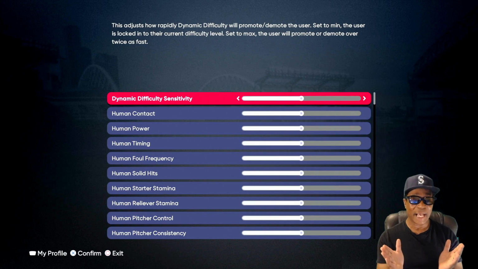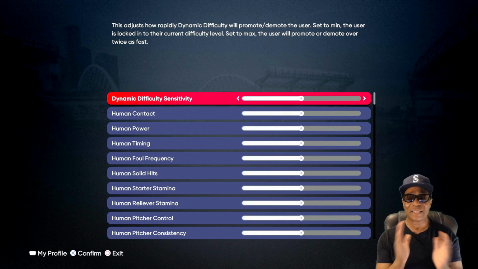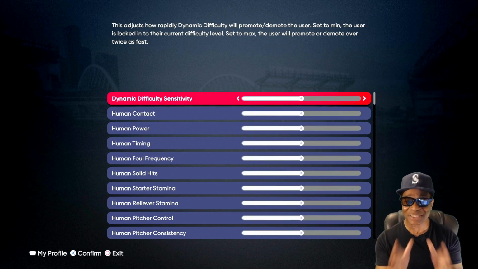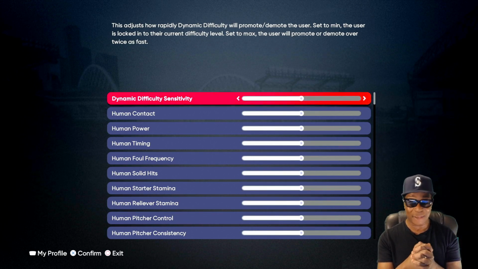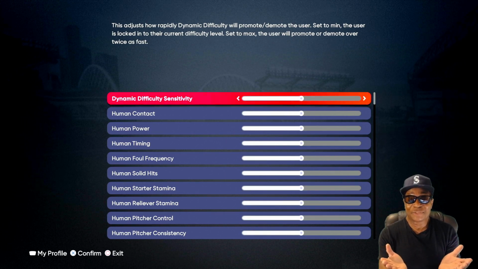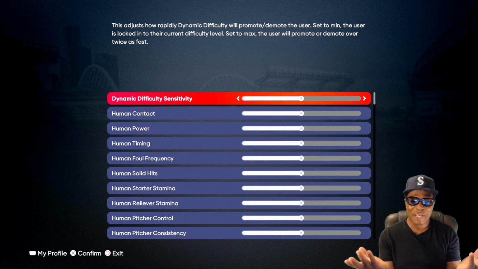It could be anything, guys. If you think the stamina of the pitchers isn't consistent, whatever. You don't really have to patch this game, you can just change the slider. And in Madden, you can't do that. In Madden, if the guys keep dropping the ball, what kind of slider are you going to change? You're going to upgrade the catching, but if it's in the program, you can't fix it.